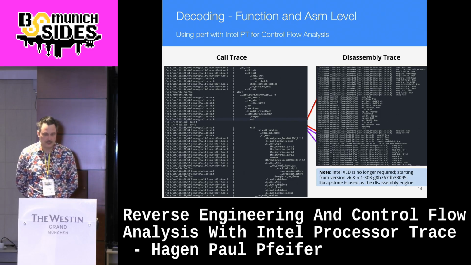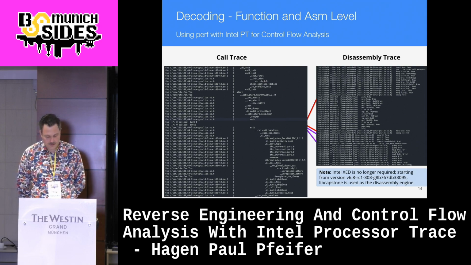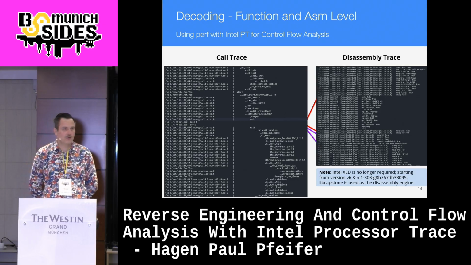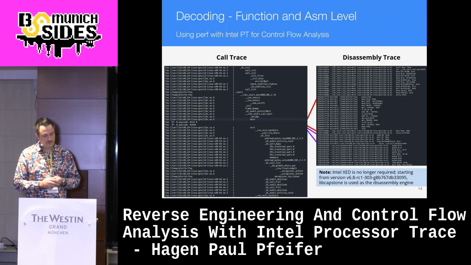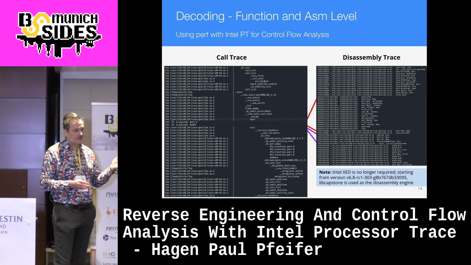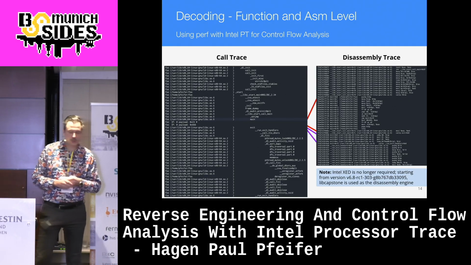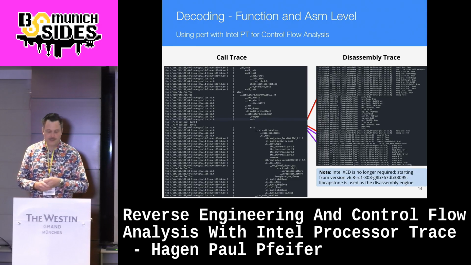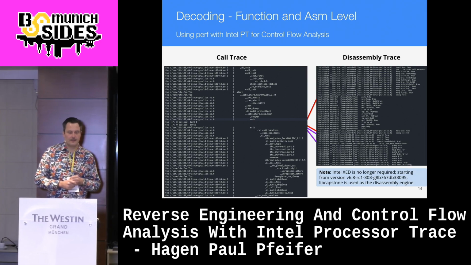But if you use the disassembly trace and encode or decode this way, you see what happens in main. All the instructions that are executed will be seen there, become transparent. And on the left-hand side, what I skipped here was the timing. So also the timing can be shown in a two-digit nanoseconds resolution. I just skipped this, but you remember hopefully the